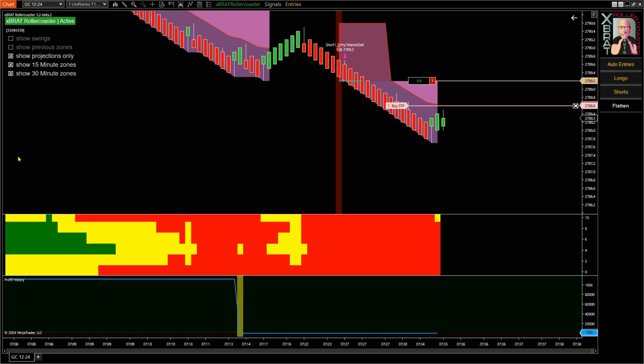So, I'll just stay on while this figures out what it wants to do. Remember, we can't predict what it's going to do. All we can do is have strategies that trade certain market conditions, and the ASB is a fantastic tool, especially for scalping. This is a scalping time frame, UniRenko 135. Currently it's at 10 ticks profit. We're locking in 8. So it's not a bad little scalping trade, but what it does with that trailing stop is give it opportunity to have those small pullbacks,